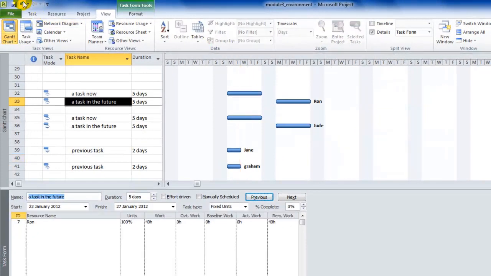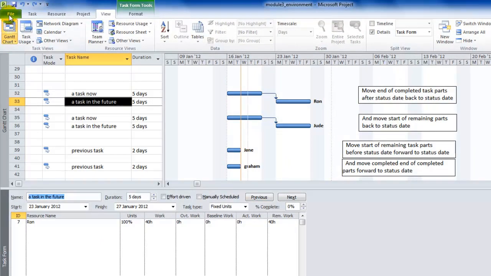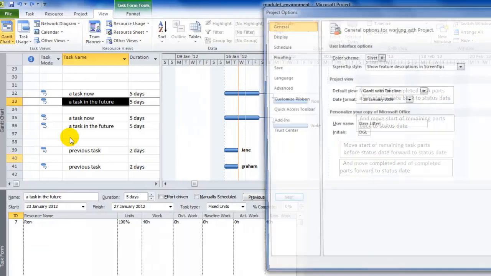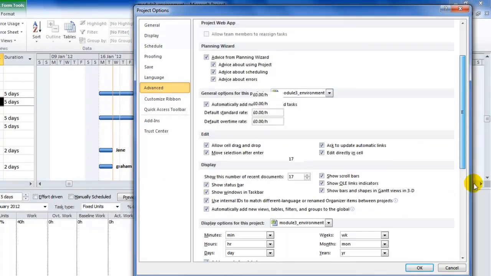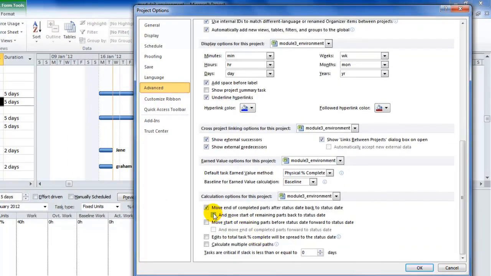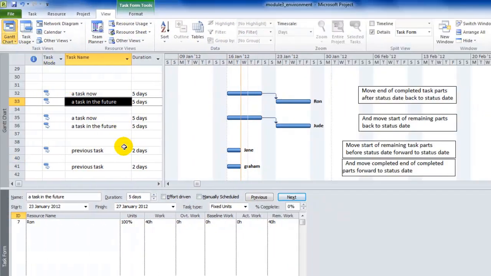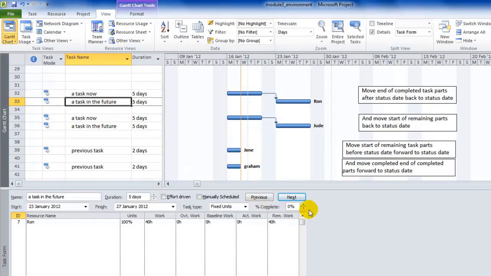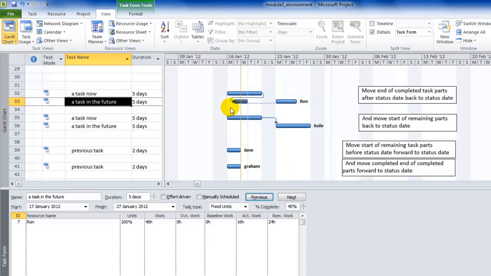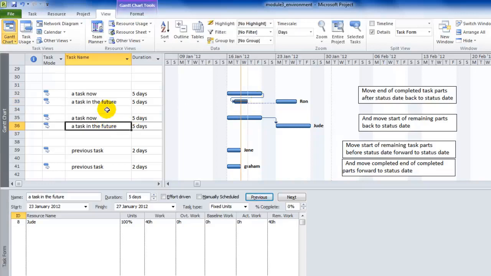Again, I'll undo that. This time I'll select File, Options, Advanced, and we'll check both of them. You'll see there's absolutely no difference. Click on here, go to 40%, click OK. Same thing happens. So fundamentally, what I'm trying to teach you here is that although I've shown you two options,